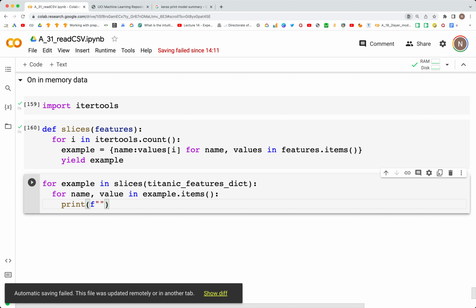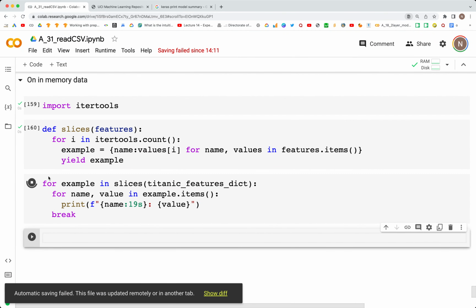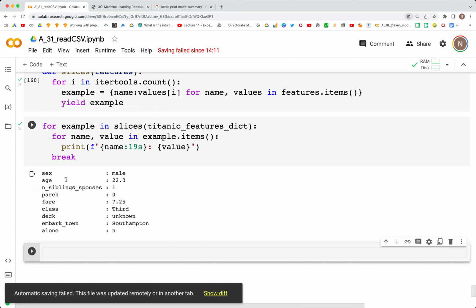In the print, in the curly braces we say name colon, 19 spaces there, close curly braces, colon, space, another curly brace, value, close the curly braces, and then outside of this we'll say break and run this. So what we see in the output is we are taking each column and one value